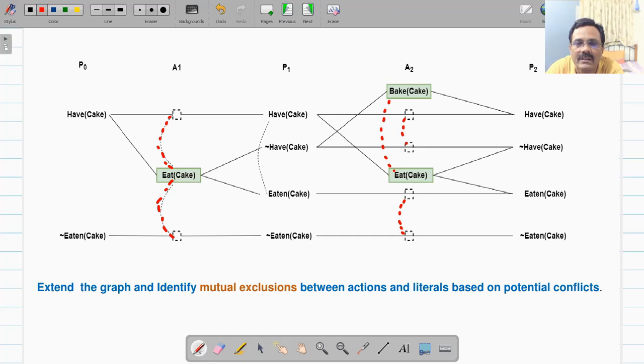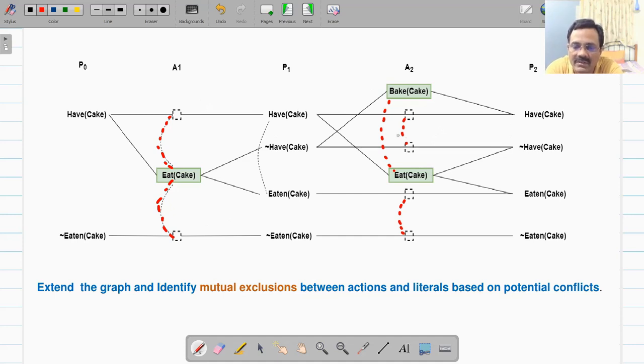That cannot be done at the same time, because these are discrete time layers. So everything that is in the first layer will change only in the second layer. Therefore either of these actions can be executed at a time. So inconsistent effect is the second type of mutex link that we have added.